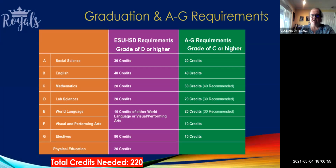For lab sciences, 20 credits, and that's 10 credits in a biological science and 10 credits in a physical science. For E and F, World Language and Visual Performing Arts, for graduation purposes, these are lumped together, and so it can be 10 credits of either World Language or 10 credits of Visual Performing Arts. For the rest of the credits, 80 credits are elective credits, and those can be academy electives or electives like psychology or sociology,